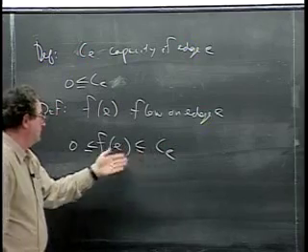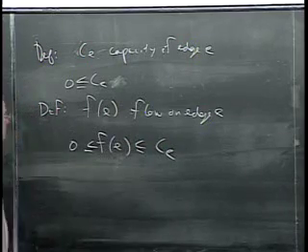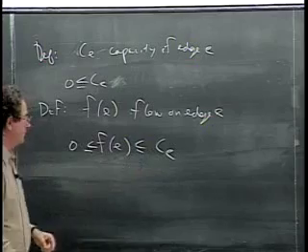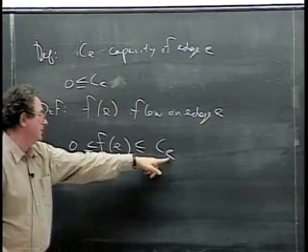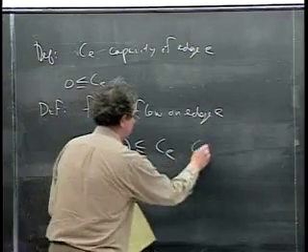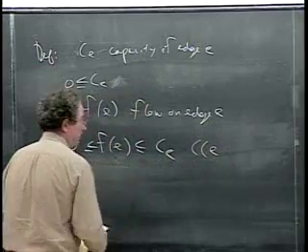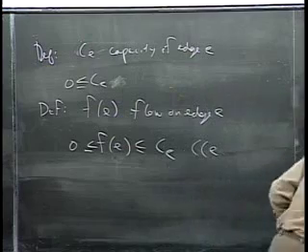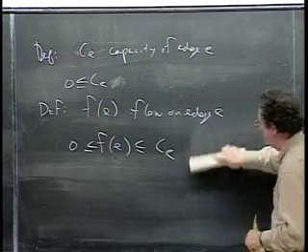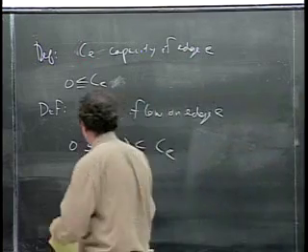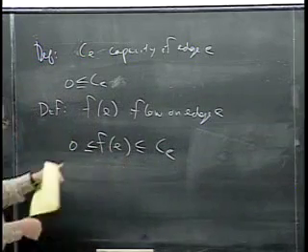So I may slip up and put E in parentheses or something. I guess I see why they did it, because this would look then like, CCE, anyway, when you write it on a blackboard. But so that's, the flow of E is a number that's got to be between 0 and